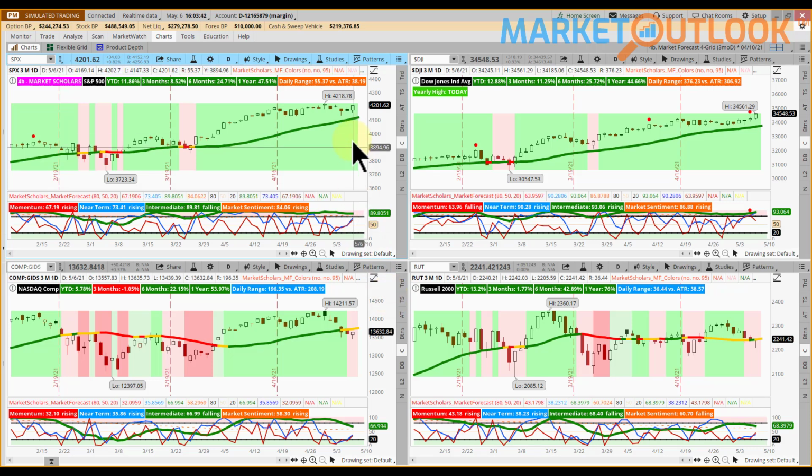But when you see a green background color like we have on the two top charts, that means that we have a bullish posture. In this case, a strongly bullish posture, because that shading of the green is a darker shade. An example of the lighter shade would be kind of down here. For example, back in late March for the Russell 2000, you can see that lighter green color. But we haven't seen much of that on the top two charts because those have been our leading indices here recently. This has been a market that has really benefited